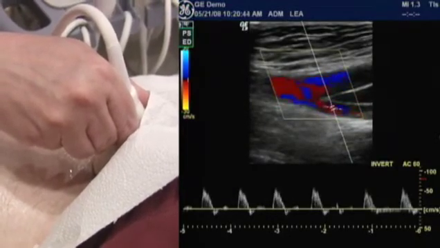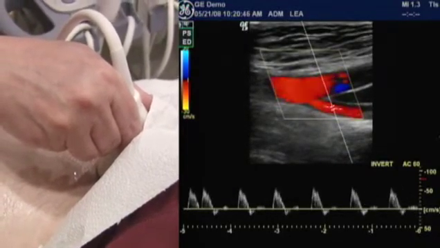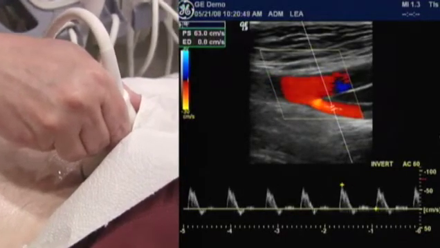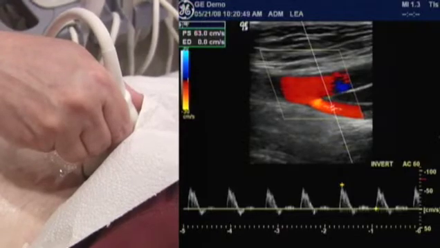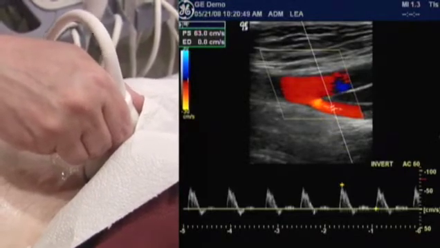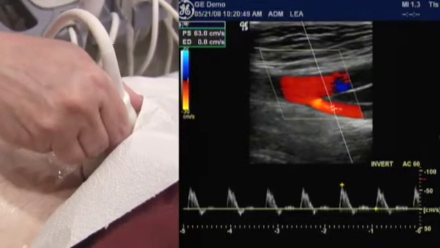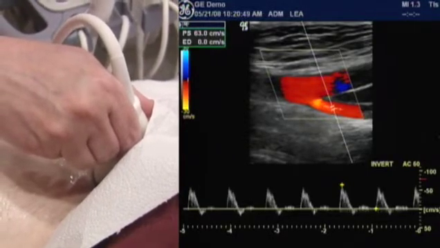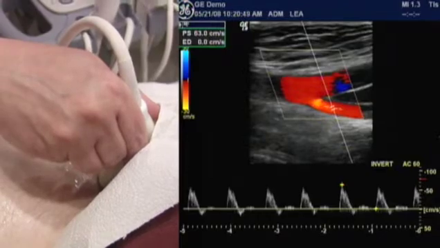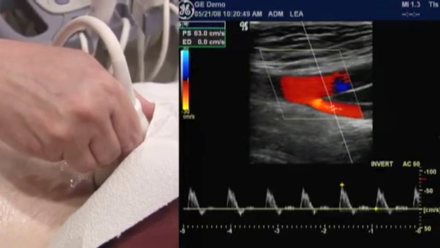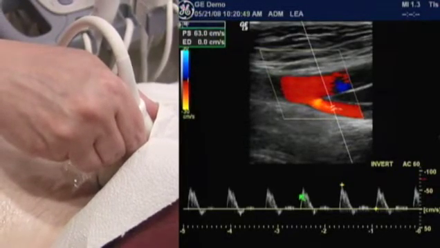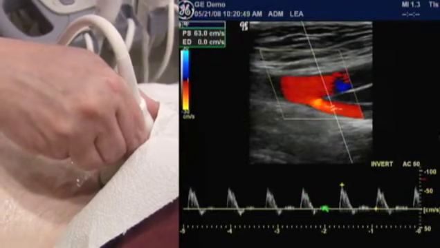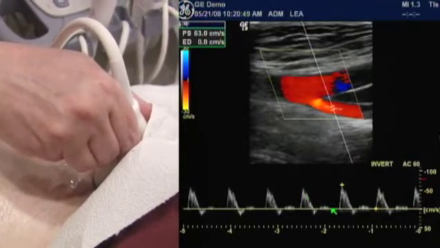And again, a multiphasic pattern, nice sharp upstroke. All right, and we see here our peak velocities are around 63. Again, usually in the peripheral artery, we want the velocities less than 150, although in most folks it's probably even less than 100. That's a ballpark criteria that we can use. But again, we're really looking at the shape of this waveform, and that's very characteristic of a nice, normal, high-resistance